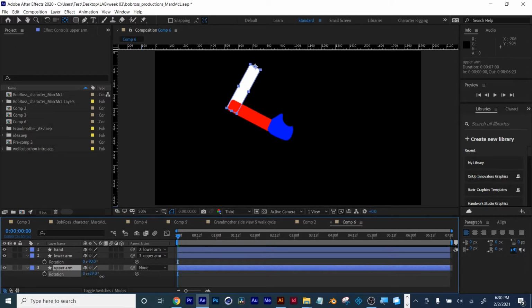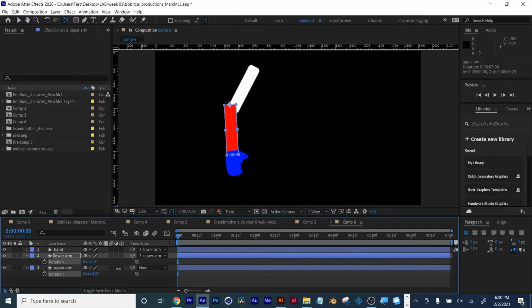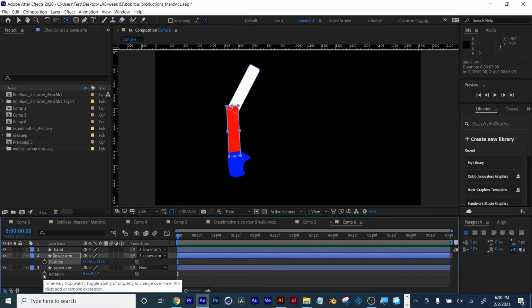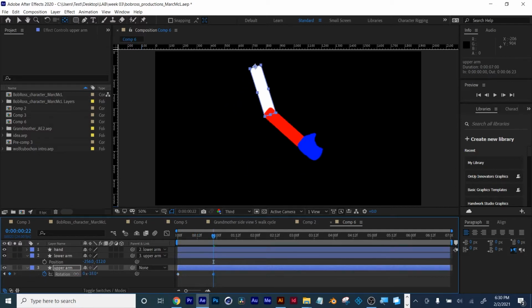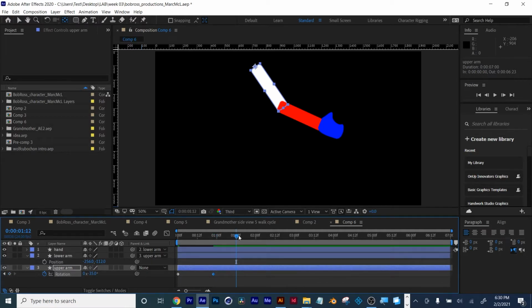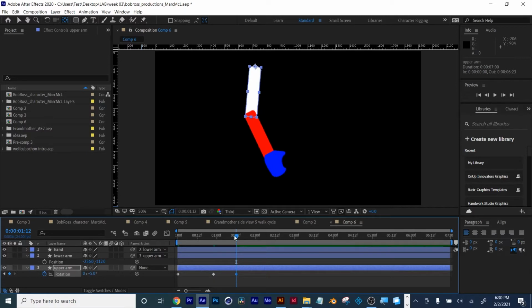So let's take a look at that. I'm going to start back here. And you can see my anchor points aren't lining up perfectly with the upper arm and the lower arm, but this is to teach you something. So if I'm going forward, and then here I'm going up, and then down. Okay, so